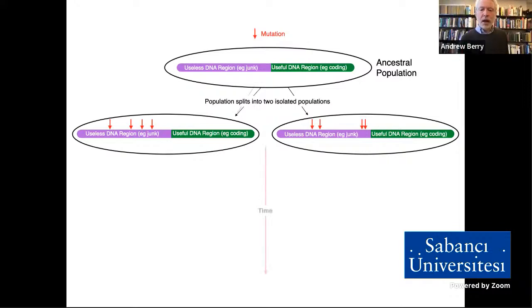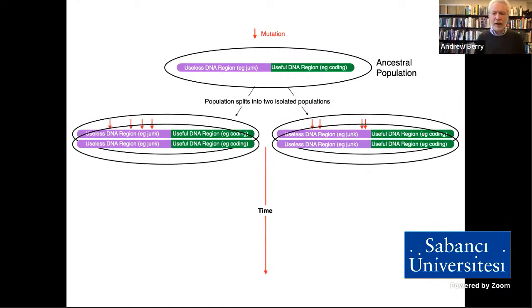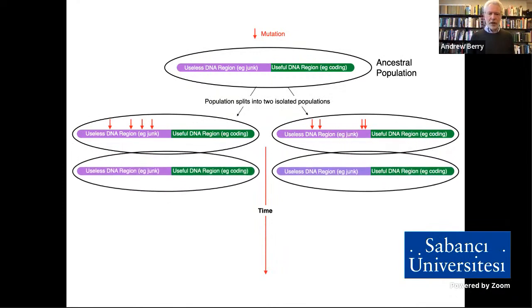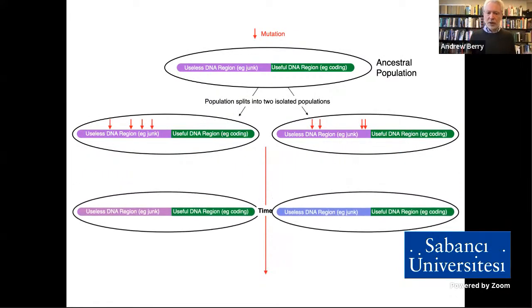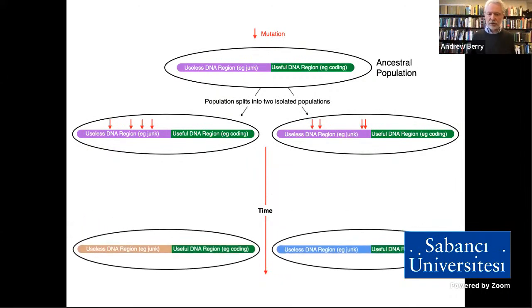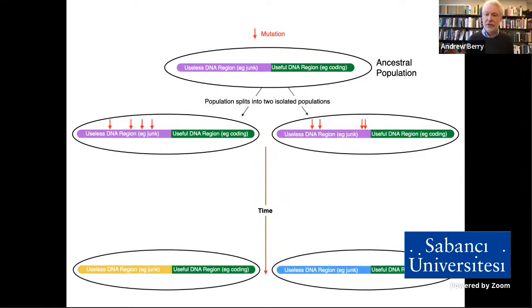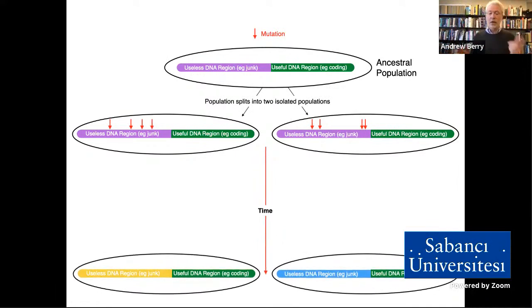That means that over time, these two populations will diverge for the purple region, and I'm going to color code their divergence. So over time, as we're traveling through time, the whole region is picking up mutations, but the purple region is not getting rid of the mutations. The green region is staying green, staying the same, because it's eliminating all the mutations. So see what happens? Over time, the green region stays identical, whereas the purple regions, the useless regions, have diverged.